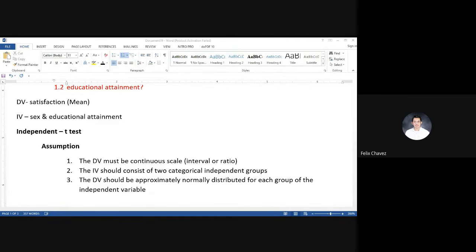And we also have educational attainment, with three groups: elementary, high school, and college. So the independent t-test is used to compare two groups. So we can use it in the sex component or sex category. The next assumption, although I have not placed that one, is that the data should have